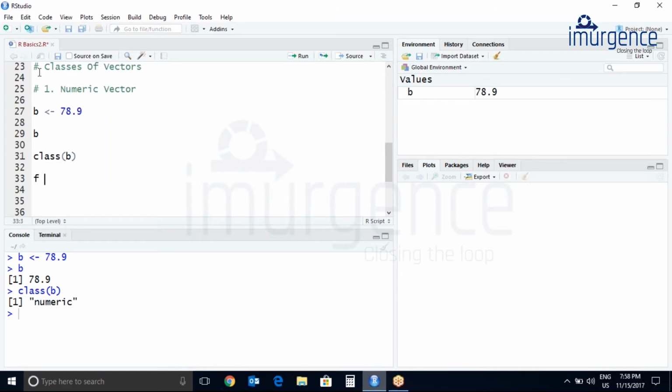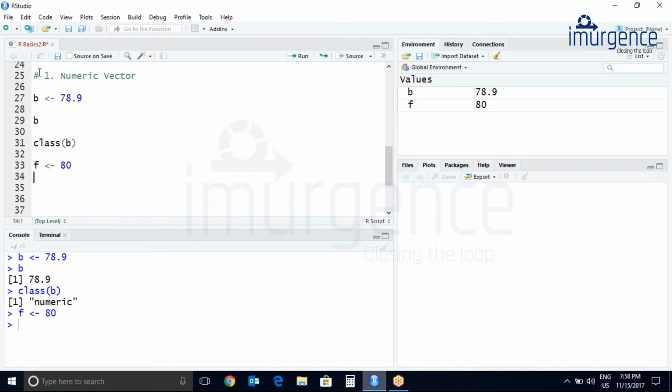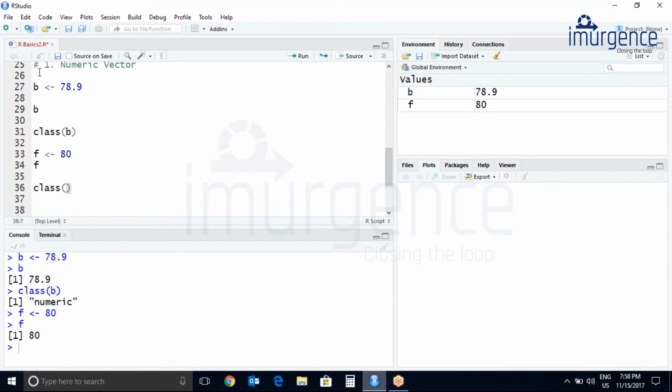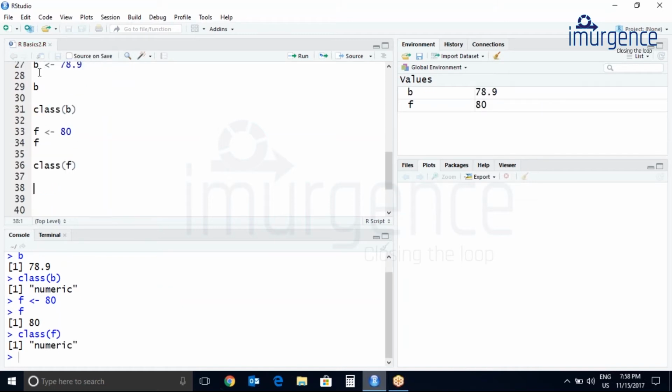Let us try with another number. Let's print and let's just see what is the class. Keep saving your work.